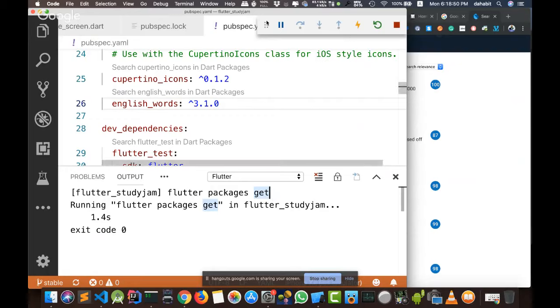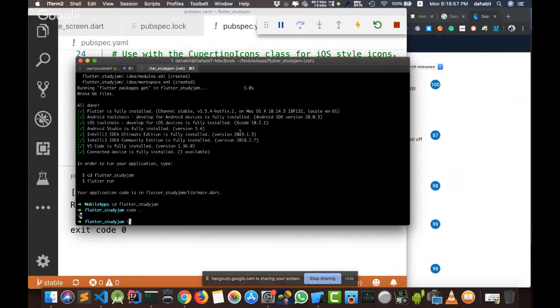Everything you are using through an IDE, even if you want to develop your application inside the terminal, you can do that. You can run your application by writing flutter run, and you write the platform you need to run your application on, iOS or Android, and you can even start the emulator or simulator for Android or iOS. Everything you can do from the command line.